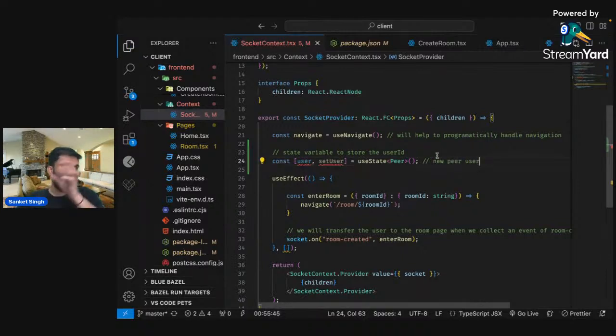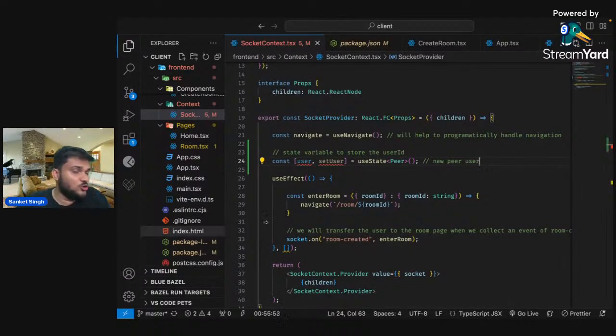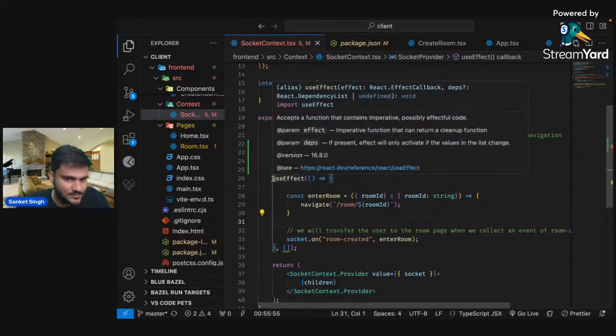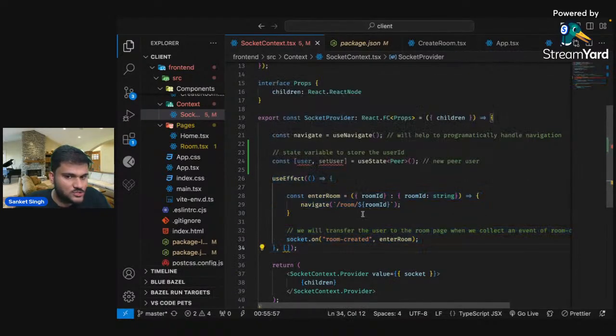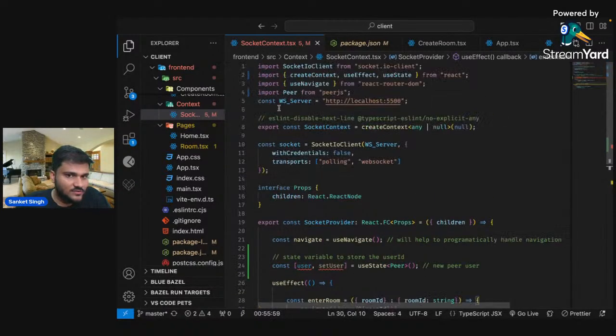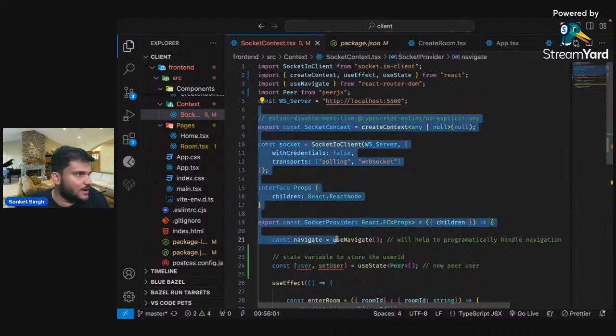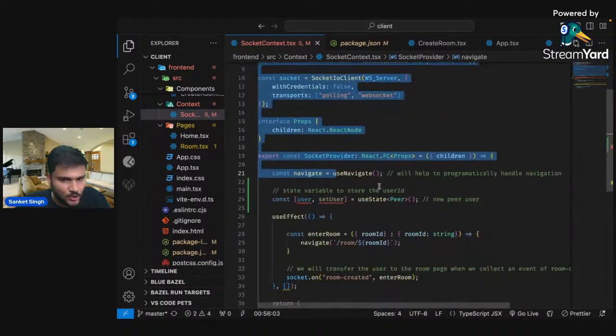Okay. So every user that connects to the PeerJS server for signaling, we call it a peer user. Make sense? Now, how do you create this peer user? It is very easy. When we load a brand new user, when we create a brand new socket connection, at that point of time,